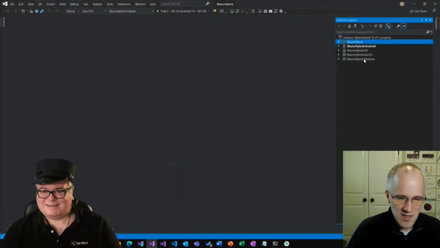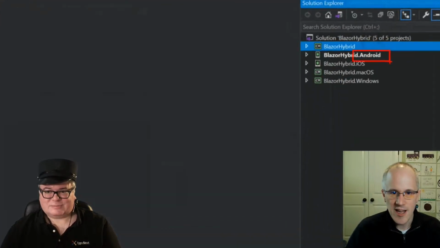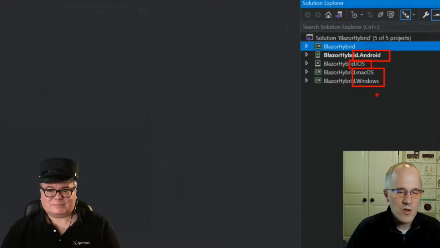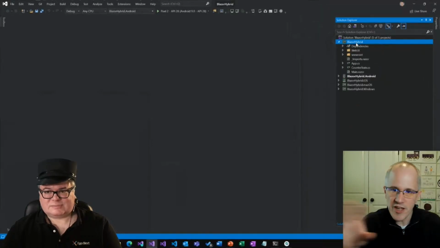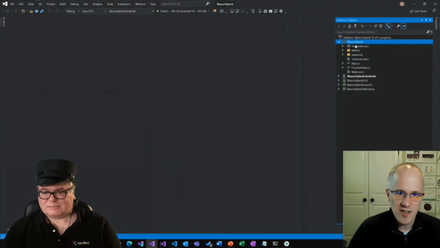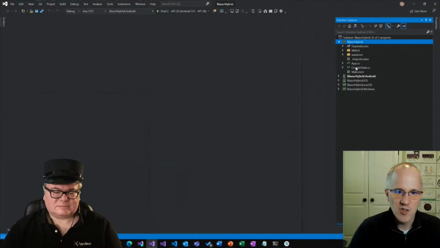Again, it's got a bunch of projects because it's all based on Xamarin Forms. Let me zoom in a bit so you can see. We can target Android, iOS. We can target desktop platforms, Mac and Windows, all with a single code base. The code for this application, instead of living in a separate Blazor WebAssembly project, just lives in the core Xamarin Forms project. So here we have a mix of Razor in a Xamarin Forms app,